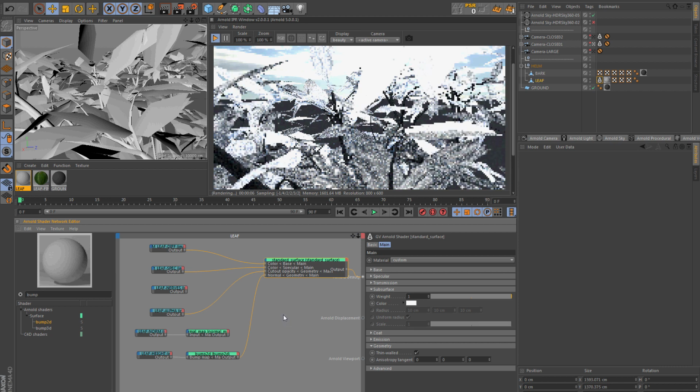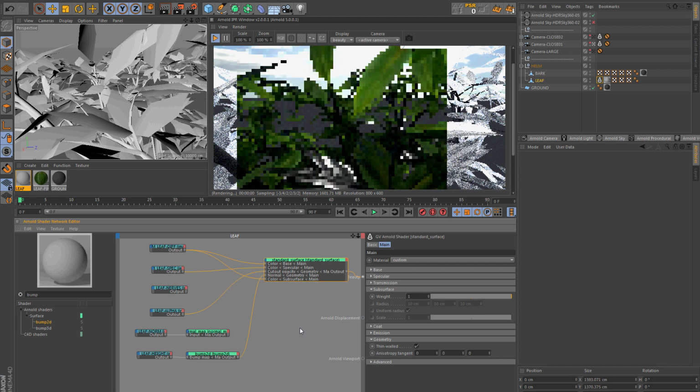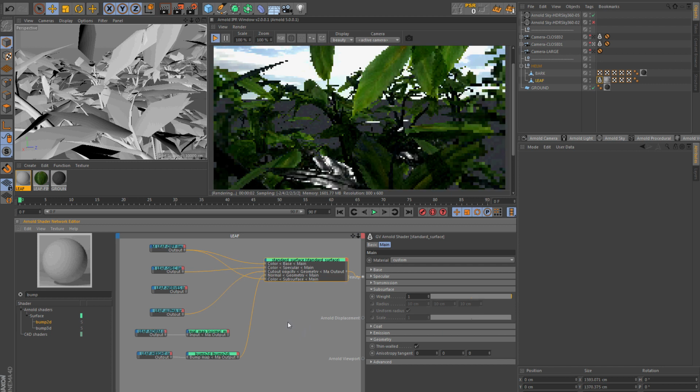Okay, next step. I will use my diffuse to color the subsurface. So connect it to the subsurface color. And now I want to draw my nerves.